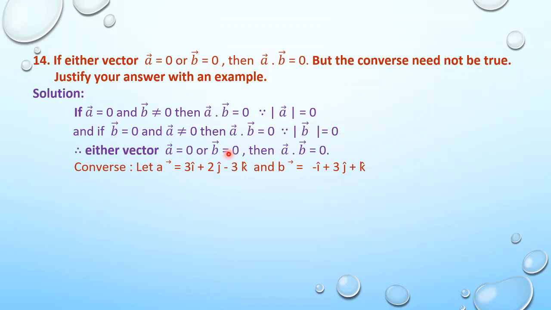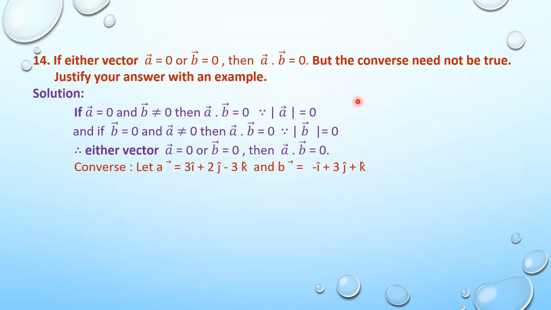Let me take here, you can take any example, dear students. Let me take vector a as 3i plus 2j minus 3k and vector b as minus i plus 3j plus k. While you are taking, you have to be a little careful. Here 3, 2, minus 3 I have taken, and here minus 1, 3 and 1 for k. When you do the dot product, that is 3 into minus 1 plus 2 into 3 plus minus 3 into 1. When you do all this, the final sum you should be getting is 0. That is the way you have to check the coefficients of i, j and k for the two given vectors. Whatever example you want, you can take, but it has to satisfy that the dot product should be equal to 0.